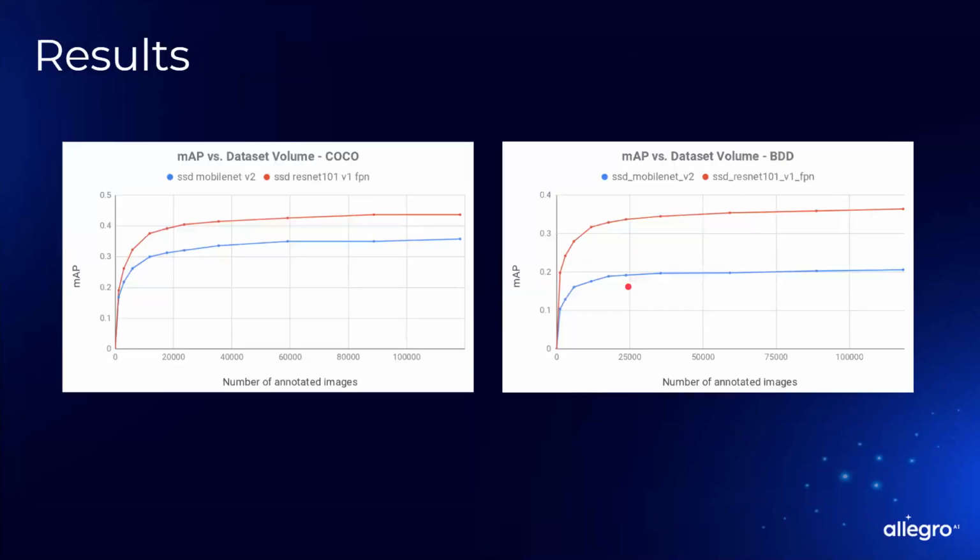And this result is probably, if you're in a business, one of the most expensive graphs that you can make. Why? Because it shows the number of annotated images and the metric, here it's mAP, the accuracy of your model. We've done it for both data sets with two different models: a lightweight one, which simulates something you might deploy, and a heavyweight one, which you use for research or for servers. And what's apparent is the following.